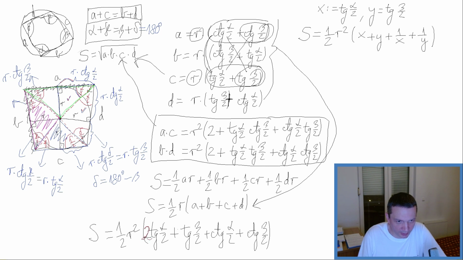We have 2 here, 2 here, 2 here, 2 here, and this cancels with this 2 here, so there is no 1/2 here. And the product A times B times C times D is actually r to the 4th